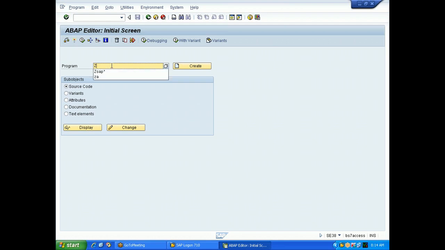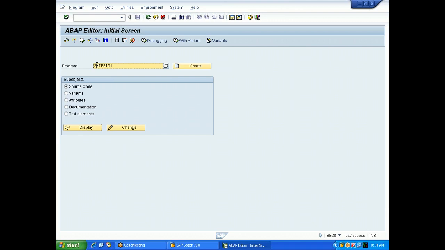I'll give here M so that you can identify the programs which are starting with ZM for the morning batch, because you are coming in a morning session. I'll give ZM something and then I'll give the program name. I will say ZM test 1. Give any name. This M I am giving for morning batch, and test 1 I am giving for, say for example, something else. But your program should always start with either Z or Y.